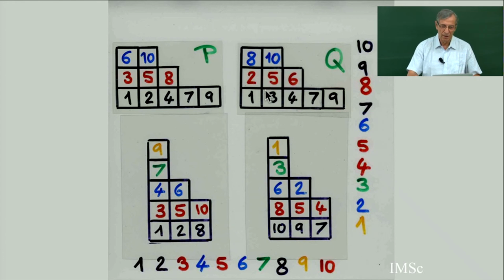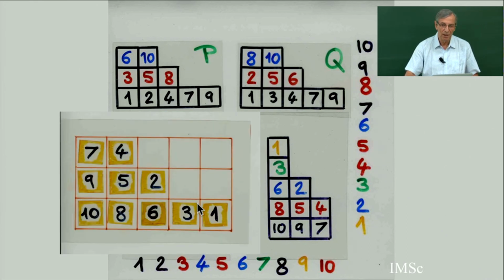You exchange row and column, and this tableau is written in a reverse way, with the biggest value here in decreasing order. And then we have seen in previous lectures that this was the dual of this tableau P. If I take the dual by making successive evacuation, I delete the 1, I do the jeu de taquin, I delete the 2, I delete the 3, I get this tableau, which is exactly the transpose of this one. So it is a very beautiful property.